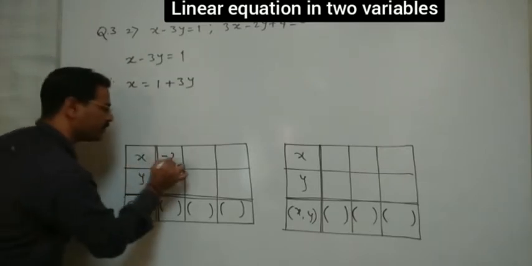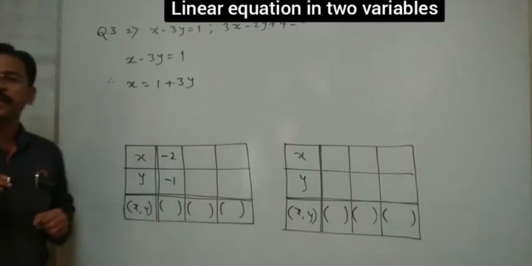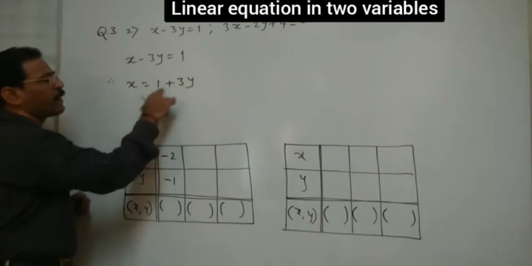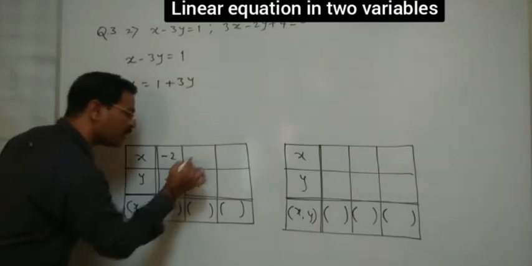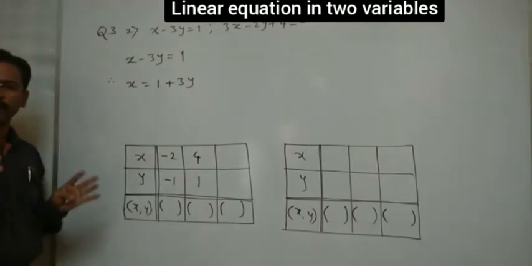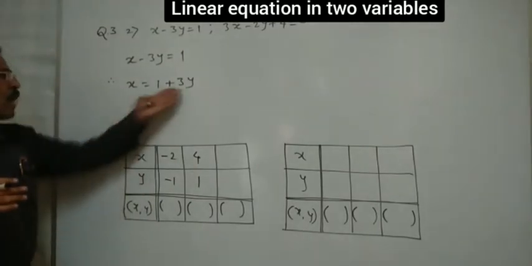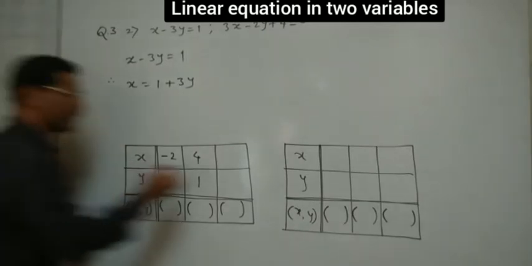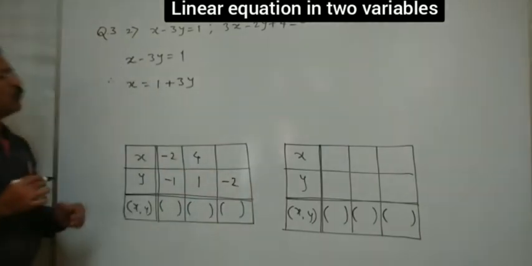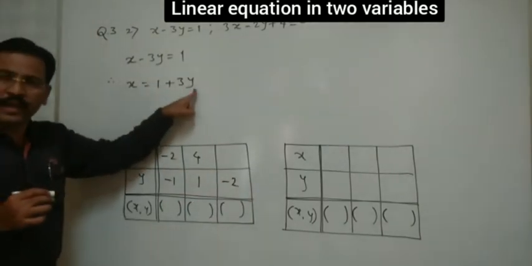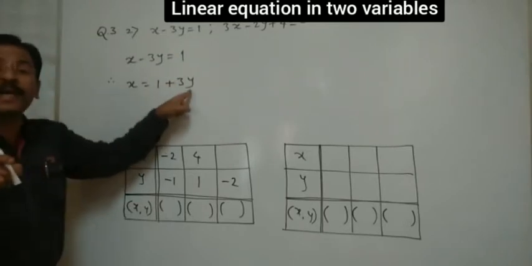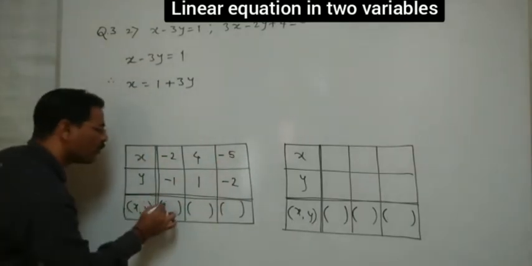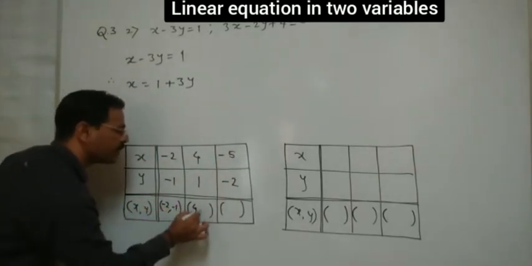Okay, I'll put here. Similarly, one more value of y. Yes, now I'll put here 1. Let's see here. If we put 1 here, 3 ones are 3. 1 plus 3 is what? 4. So here it is 1. Then x we will get here 4. Okay, friends. Now I'll put the value of y as minus 2. Okay, minus 2 you can put here. What will you get here? 3 twos are 6. Okay, that is minus 6. So 1 minus 6, minus 5 we will get here. Okay, like this one. Now all these values we will put here in the coordinate system.